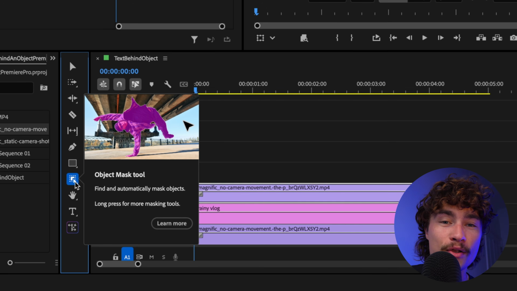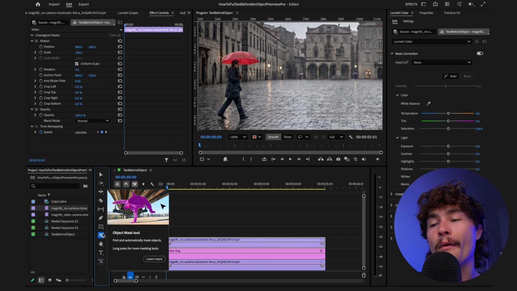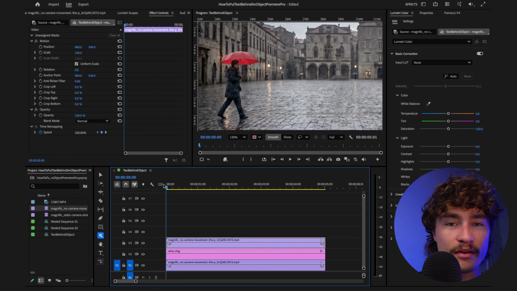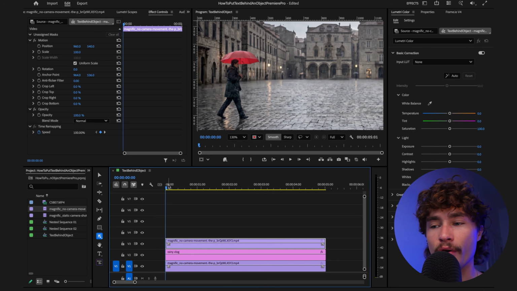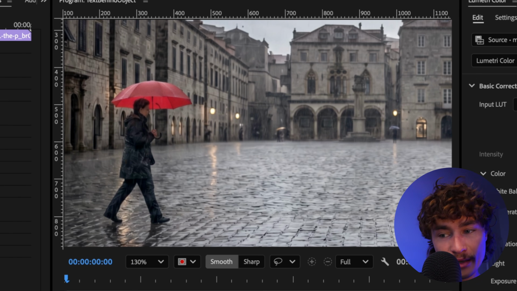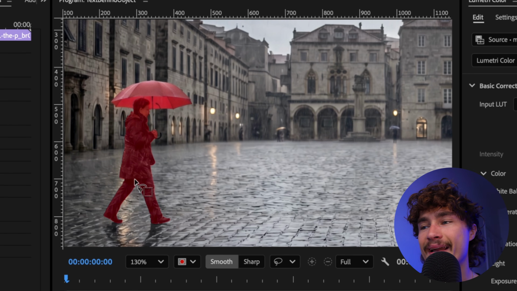So with the Object Mask tool selected, we will need to make sure that our playhead is at the very left-hand side of the shot. We're going to mask the object in frame number 1, and then we're going to hit play, and it's going to scan the entire video and track the mask throughout the whole scene. So make sure your playhead is at the very beginning of your clip, and then we can select the object